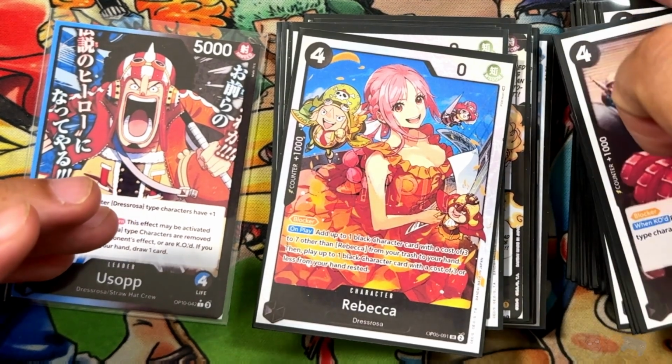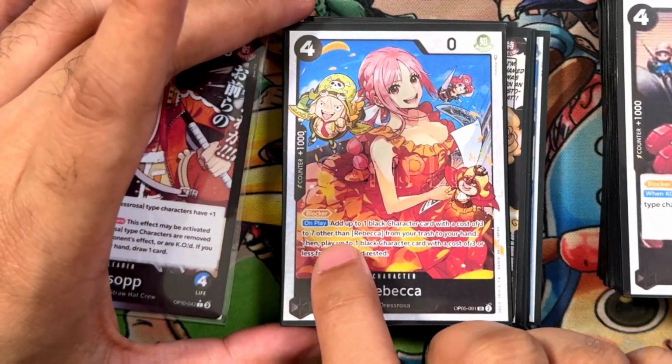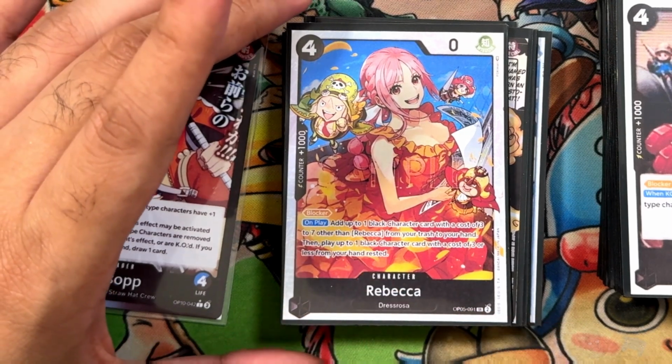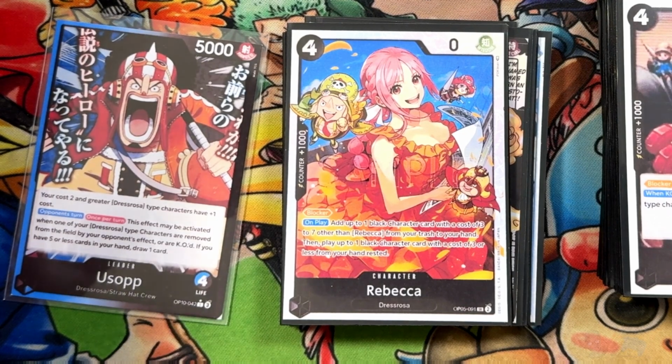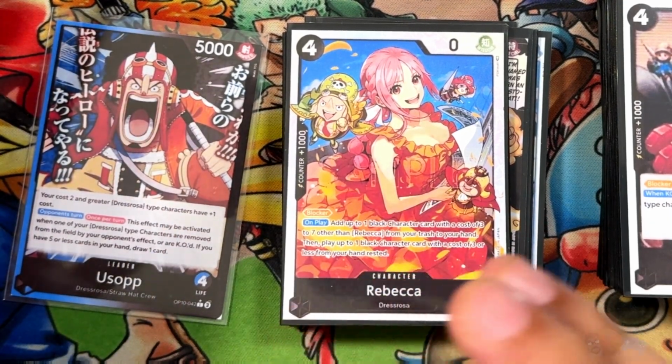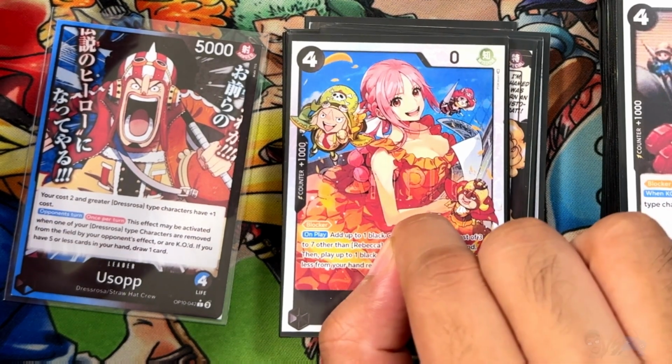Okay, now of course you got your staple Rebecca's. These things are so good, man. OP05 401 blocker, on play, add up to 1 black character with 3 to 7 other than Rebecca. Lots of really good cards. It doesn't even matter if it's Dressrosa. However, every card in here that is 3 to 7 will be Dressrosa, so there is a ton of targets